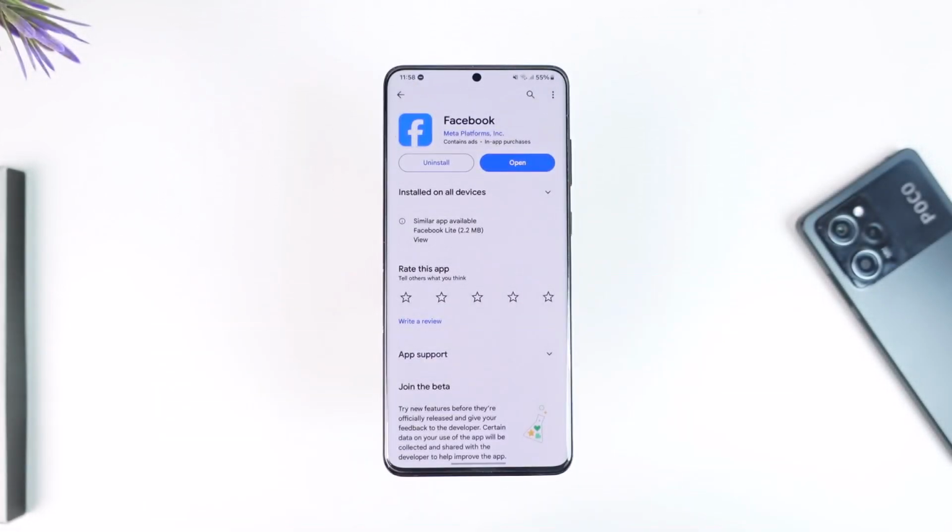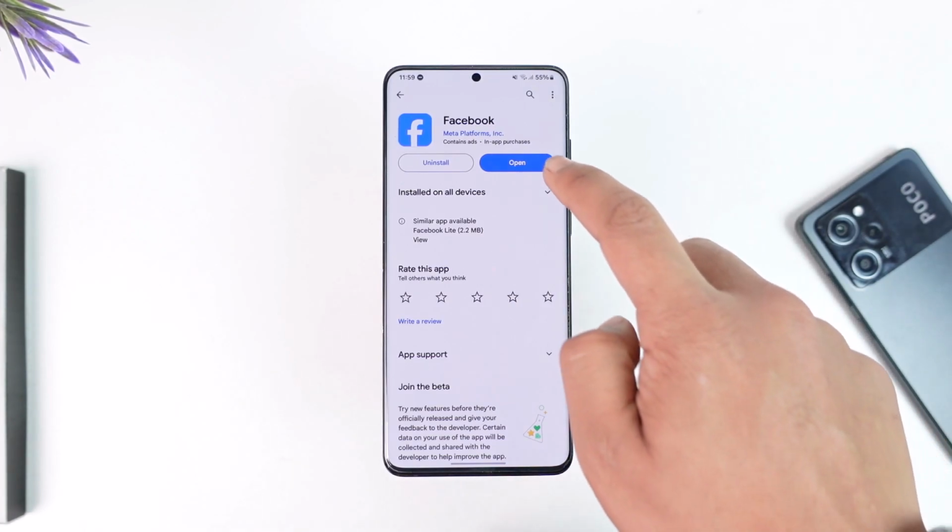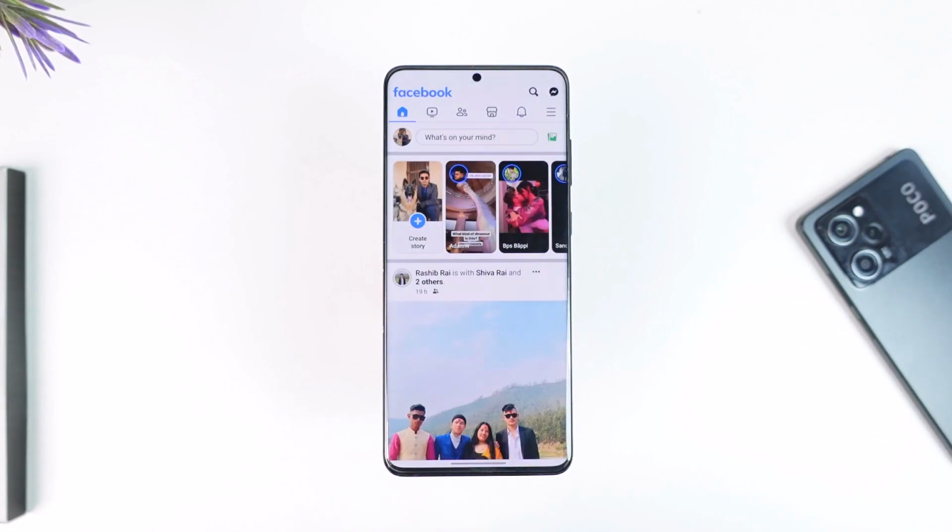In this video I'm going to guide you on how you can do a one name on a Facebook old account, so make sure to watch the video till the end. Now in order to do a one name on your old Facebook account, it's actually very simple to do so. All you have to do is first of all launch the Facebook application here,